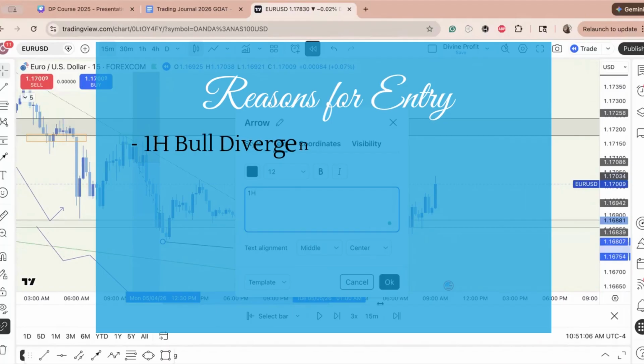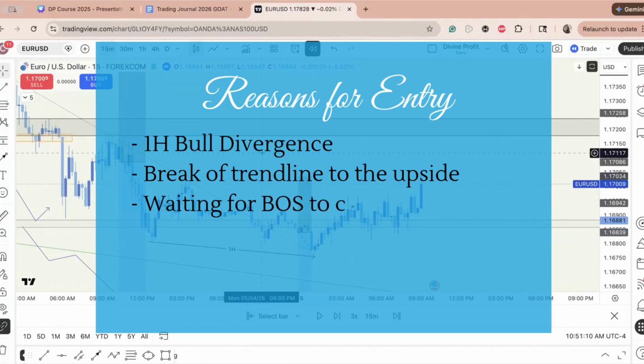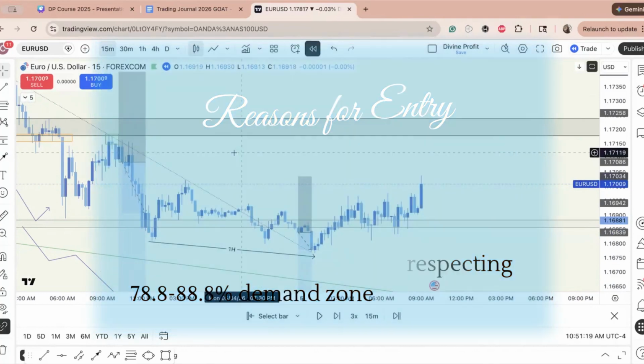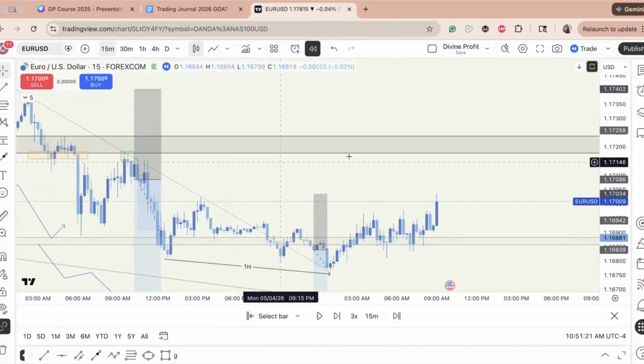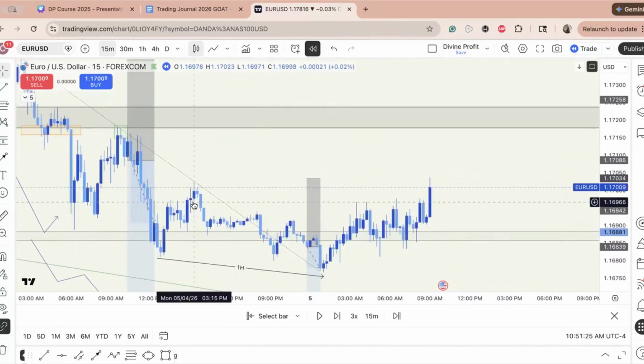Because it's based on the higher time frame, and I had my trend line break. So those are like two of my confluences for entry. But the next thing I need to see before I get into a trade is some type of break in structure. I can look for my break of structure on the lower time frame,